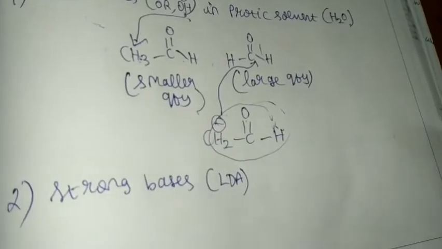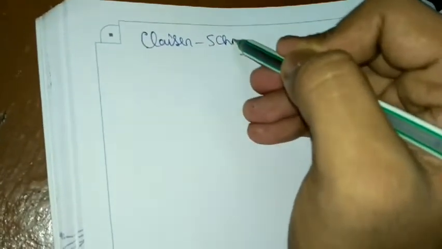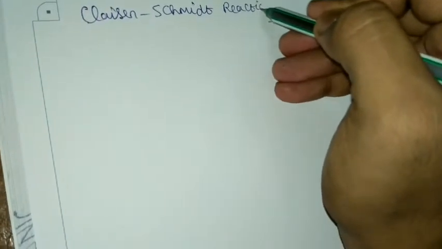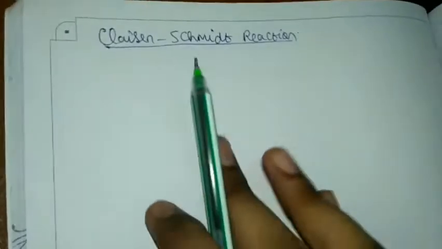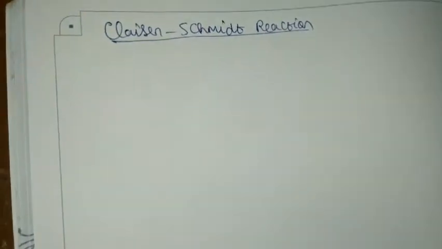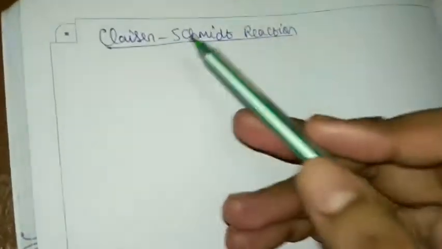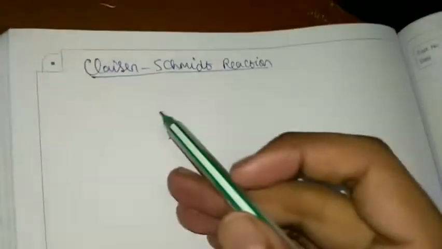So I'll say this also. There is no difference here. We take this Claisen-Schmidt reaction. It is the same as aldol condensation only. The only thing here is we take ketones as a reactant. You could have done this probably in aldol condensation also, but they have named this. These two scientists found that ketones also undergo these reactions. So we study it generally, but it is the same. You need not be confused, right?